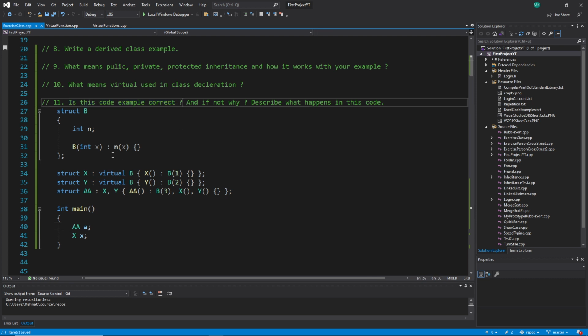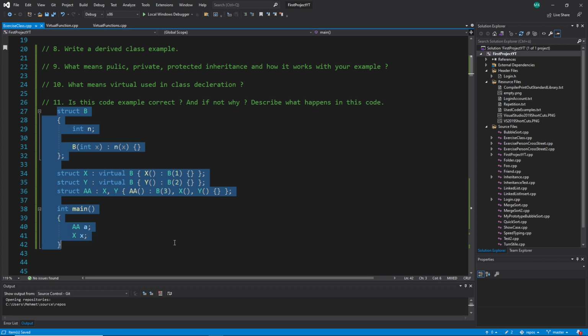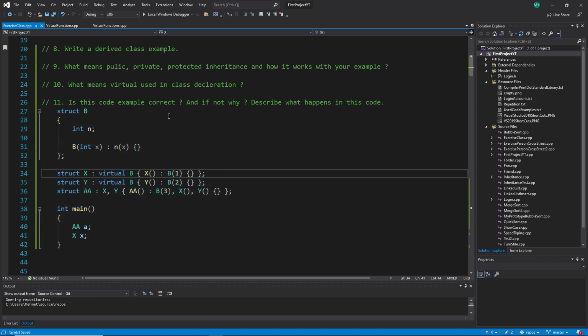The answer is yes, it is correct. It was just easy. And it says here, and if not, why? So we know if it's correct, so we don't have to describe why it's not correct, because it is correct. It is a little bit confusing about this one here probably, but now comes a little bit the more complicated